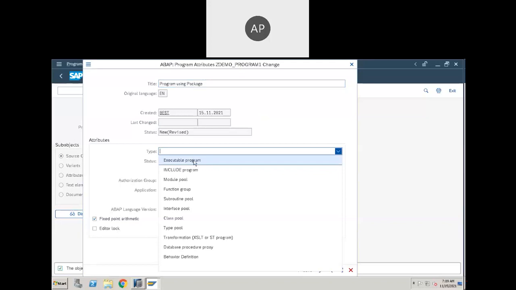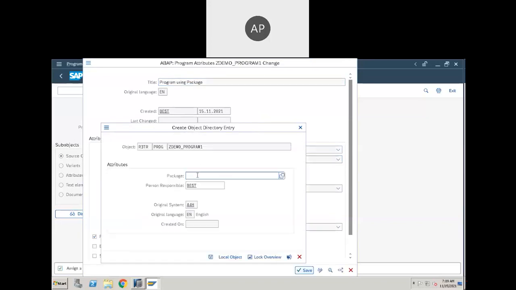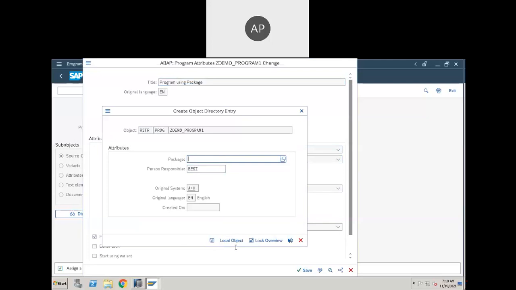Type is executable program. Save. When you click on save, it's asking for a package, right? If you click on local object, it won't expect any transport request. But when you select a proper package name, then we have to assign a transport request for this program. Either you have to create your own transport request for that change, or you can use the existing transport request,